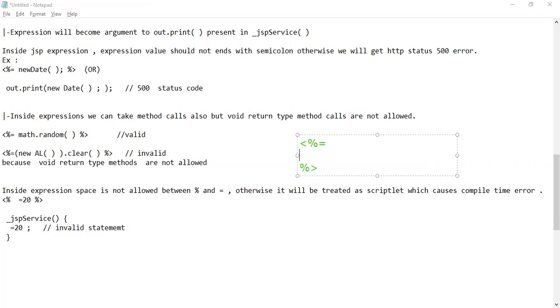And within the expression tag, you can write any Java expression, whatever you want to write, any Java expression. So a Java expression you need to write. To write the Java expression, you can use what? You can use